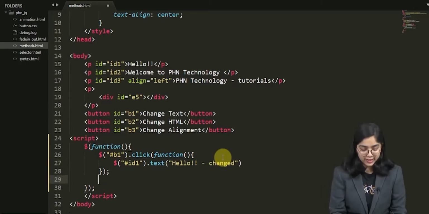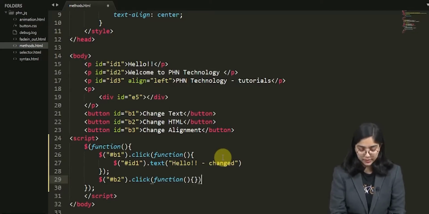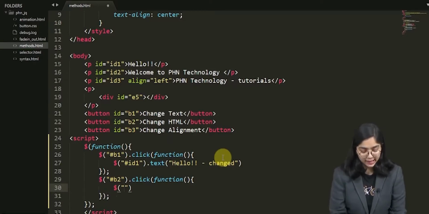Now let's go for the second one. The second one is going to be for my button 2. As I click on it, what should happen is what I'm going to decide. So $, again, after that I'm going to call the second ID, ID2, and I'm going to change the HTML.